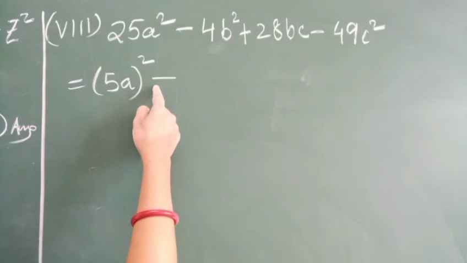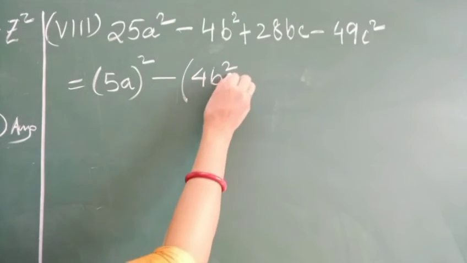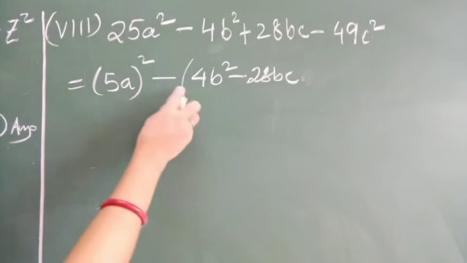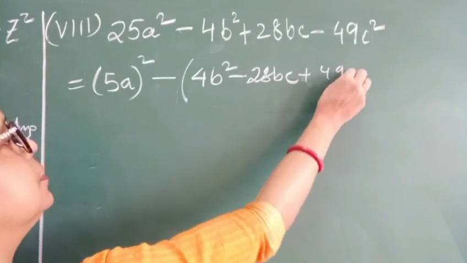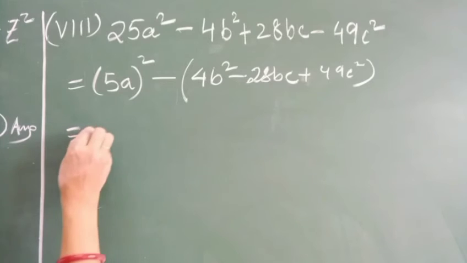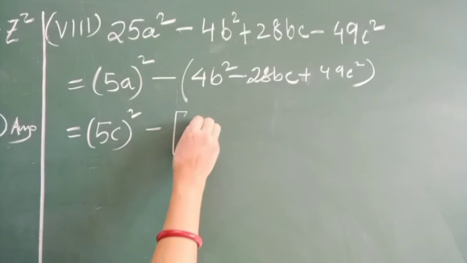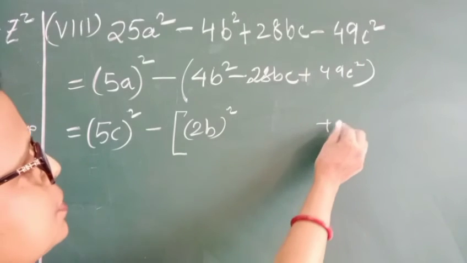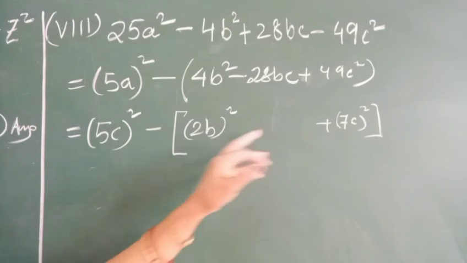So first I am taking minus as common. Now it will become 4b square minus 28bc plus 49c square. The minus is outside, so 28bc becomes minus, and 49 becomes plus 49c square. Now try to find out. Leave this one as it is, afterwards we will use it. Now 4b square, can I use it? 2b whole square. Yes. And 49c square, can I use it? 7c whole square. Both can be done.